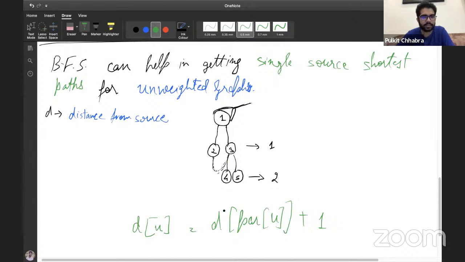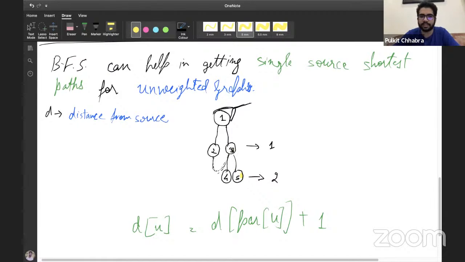So this is what I'm trying to explain to you using this analogy and the BFS tree, the breadth first search tree. We can calculate the distances, and also we can get the actual path. If you notice, if I try and climb up the tree using these edges, let's say I want to get the shortest path of 5 from 1. If I keep climbing up, let's say the last node is 5, what will be the second last node in the path?